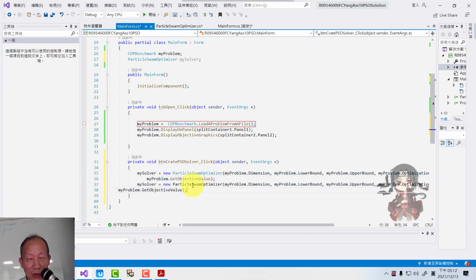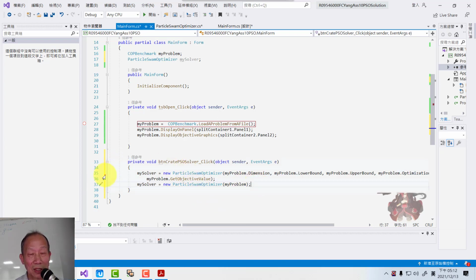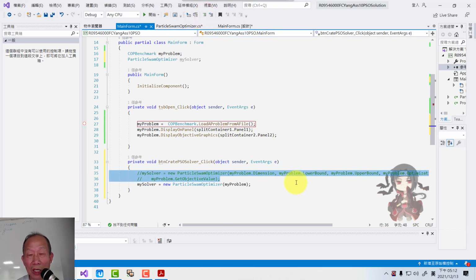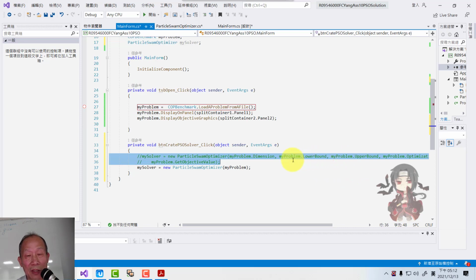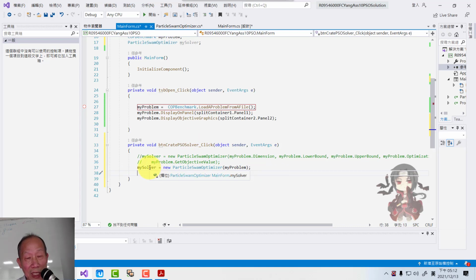The simplest way is probably to just give my problem to the constructor. It's much simpler. For the particle solver, you need to know the number of variables, lower bound, upper bound, optimization type, and objective function. Everything is already there. So once we create the object, my solver is ready, and then we can invoke